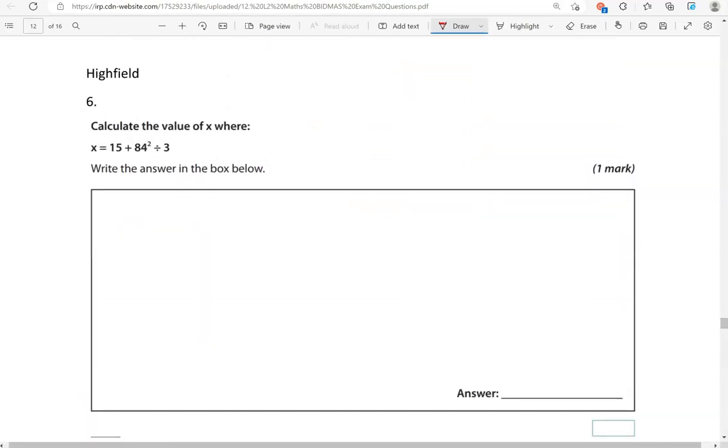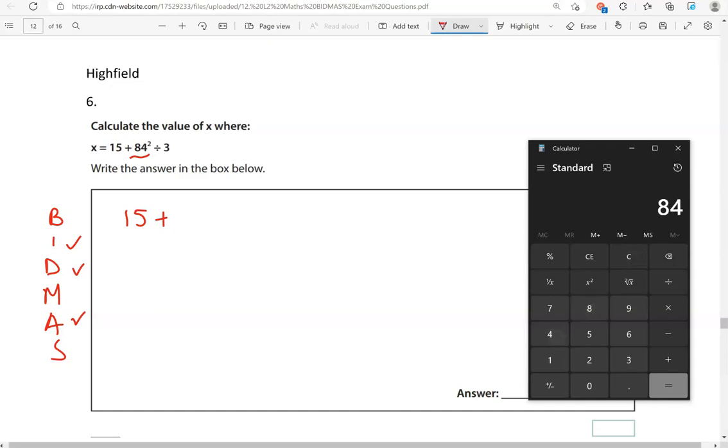Calculate the value of x, where x is equal to 15 plus 84 squared divided by 3. So, BIDMAS, we've got indices, addition, and division. So we've got to do the indices first. That is 84 squared. So we'll do 15 plus 84 squared. So 84 times 84, which is 7,056,